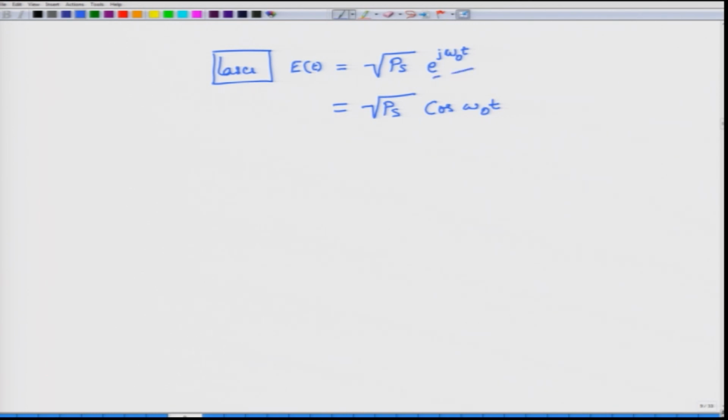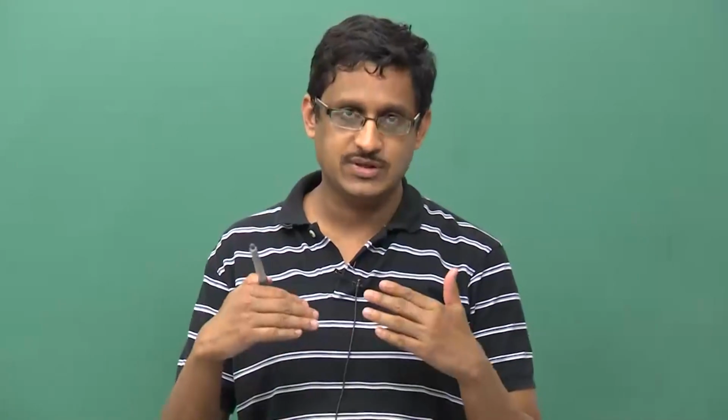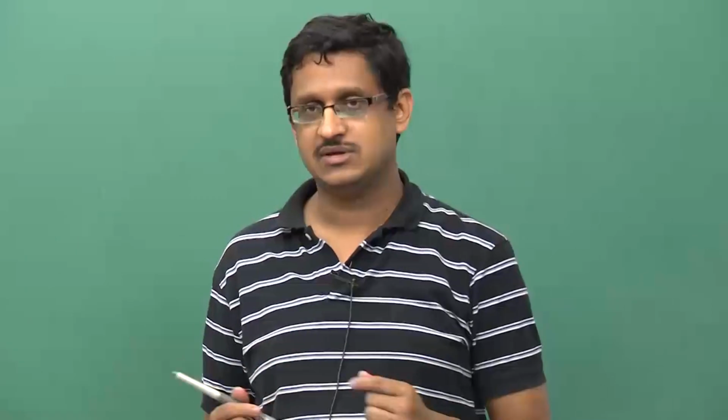I can't obtain e to the power j omega 0 t as the output, but I do not want to keep writing cosine and sine. So, therefore, this is a shorthand notation that we use to represent the output that would come out. And this is in fact related to what is called a phasor, and in terms of the phasor you can write down whatever signals are coming out of the transmitter, and further as they propagate to the various elements, you can look at what is happening to these phasors or to these complex signals and analyze the system.